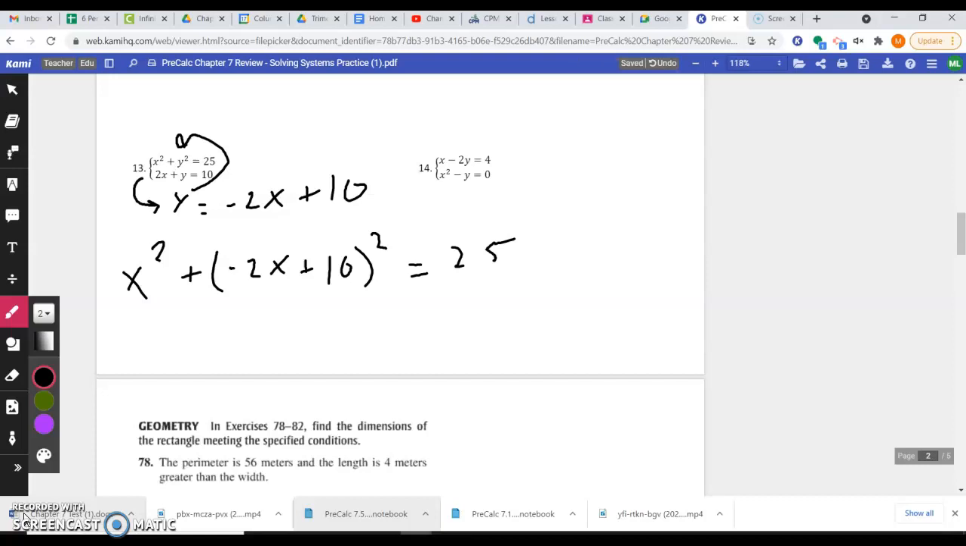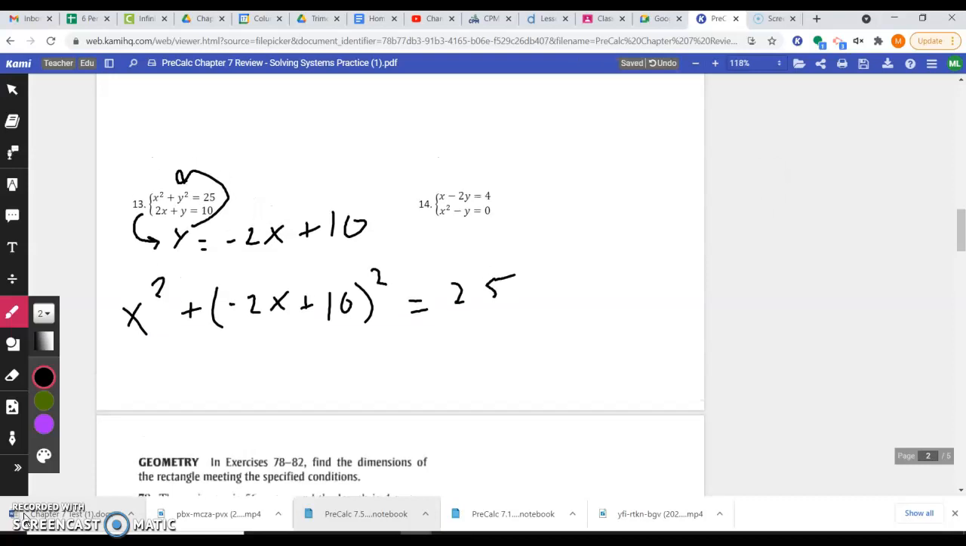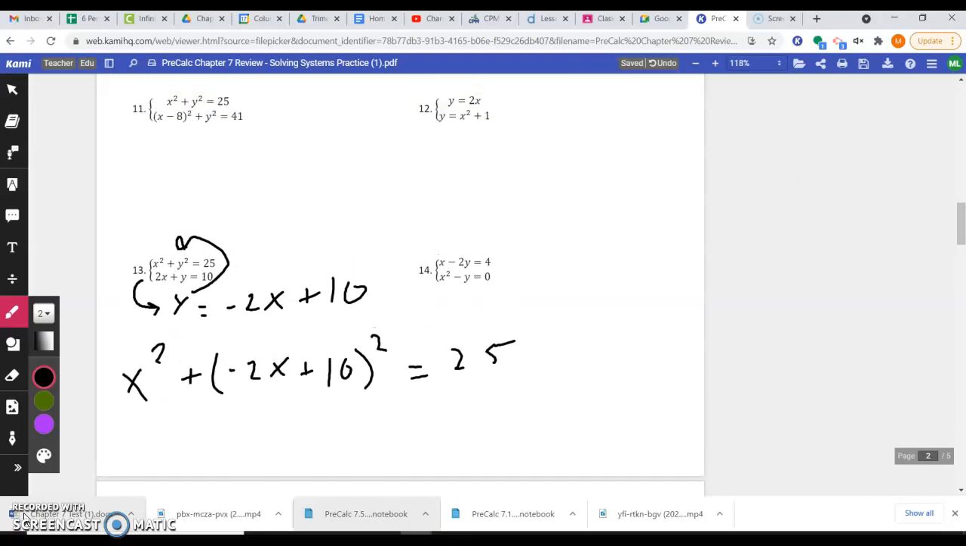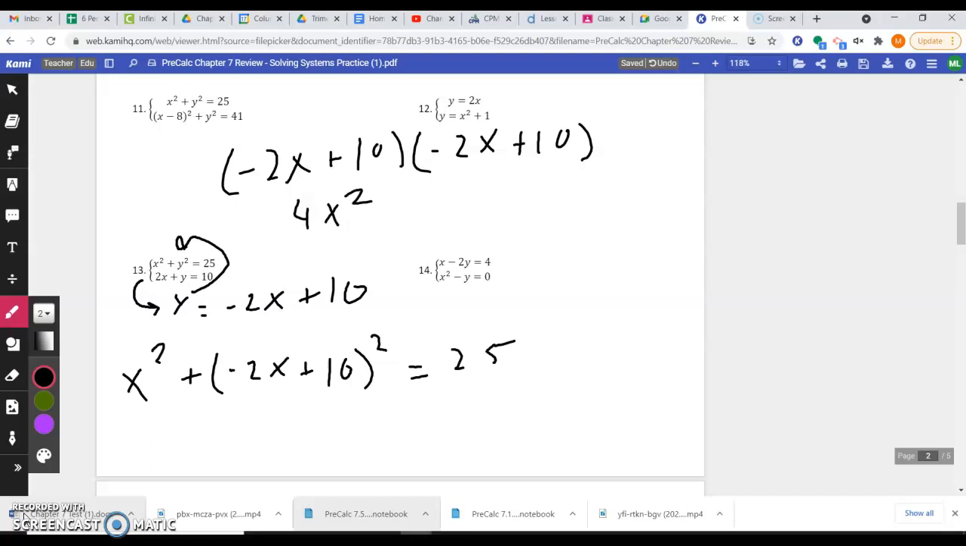Okay? Now, I need to ultimately FOIL this. I can't distribute that exponent in. So that is negative 2x plus 10 times negative 2x plus 10. And that is 4x squared from the first terms, minus 20x, minus another 20x from the outside and the inside terms, plus 100. So then when I actually combine my like terms here on this problem, this is x squared